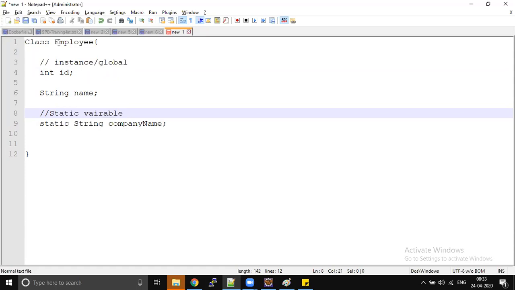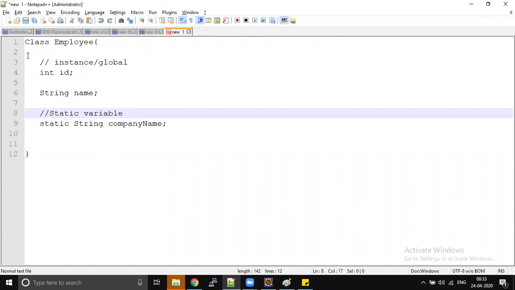So can somebody say, why should I define id and name as non-static and company name as static? There should be some reason. Without reason, why we can't write the code. So tell me, why should I use a static keyword for company name, and why did I not use it for id and name?